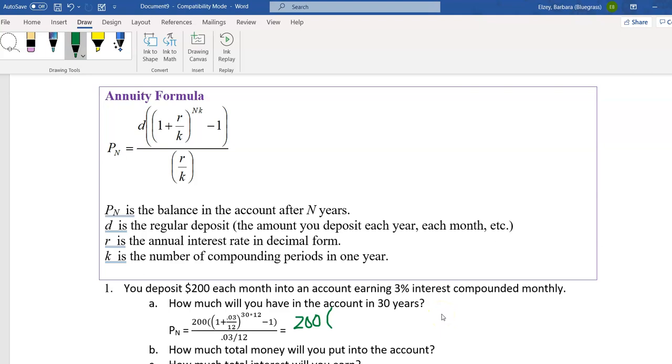And if I do that, it's going to end up being 1.0025. And now I also want to put 30 times 12 into my calculator. So 30 times 12 is 360. So I have raised to the 360 power. And then I have this minus 1